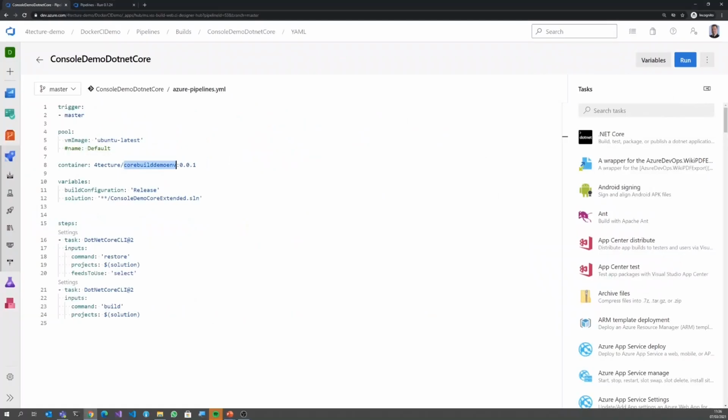Here we can see a very, very simplistic Hello World compilation. I'm just compiling a .NET Core application. You see down there the steps, the two tasks: we do a restore and a build. We don't do that on the VM where the agent is installed. We do that in our custom container. I created a custom container image with just the tools I want to use, and I'm referencing it here by using this container